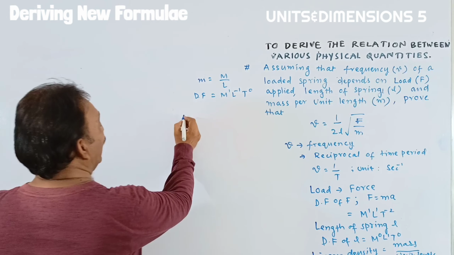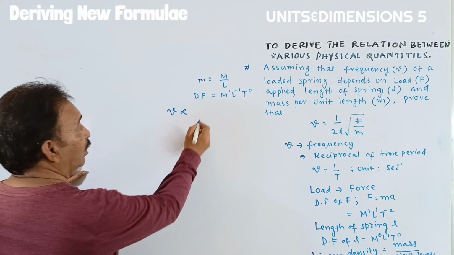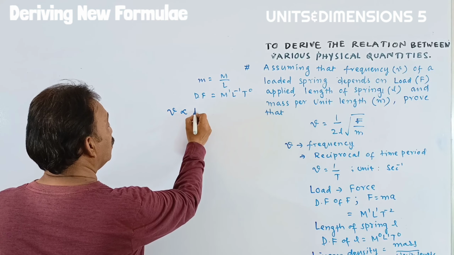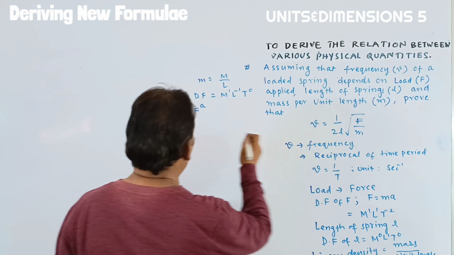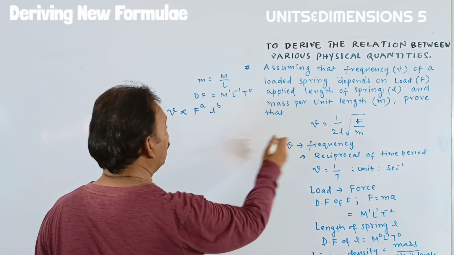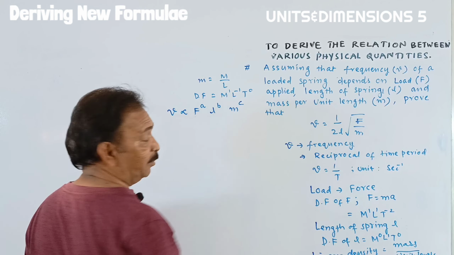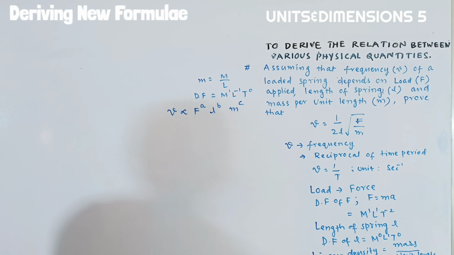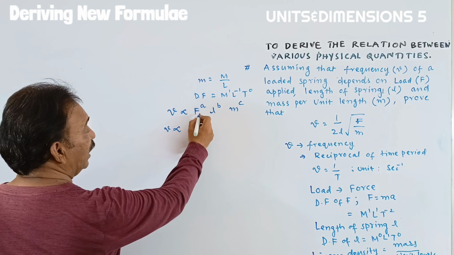Then the relation can be written as frequency is directly proportional to, first term, I'm taking force to the power of a. The second term, I'm taking length to the power of b. And third is the linear density. Linear density, remember that, m to the power of c. Okay, students. Then it can be written as frequency is directly proportional to